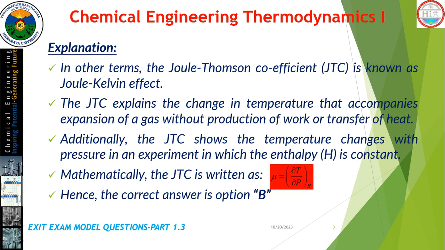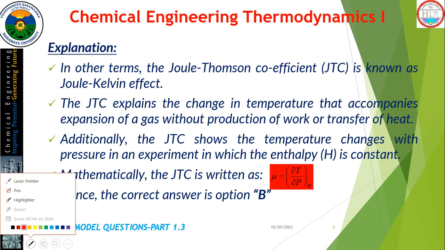Mathematically, the Joule-Thomson coefficient is given as mu, which is equal to the partial of temperature with respect to P at constant enthalpy. So depending on this explanation, the correct answer for this question is